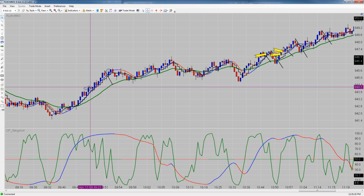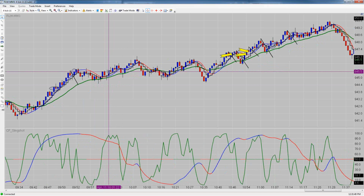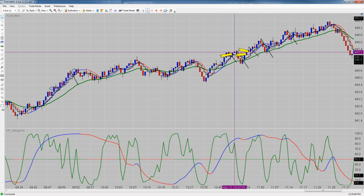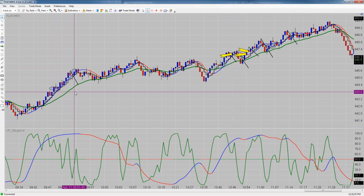Let's see, right in here would have been a long trade. I pointed that out in the live trading room. I didn't take it, but there would have been a long trade right in there. There would have been another one up here. If you grab that, is that the one that I grabbed? And I said, I'm going to be really aggressive. No, it was over here. Another one just like it, where there was no divergence. Yeah, there wasn't much divergence on this one either. What you like to see,